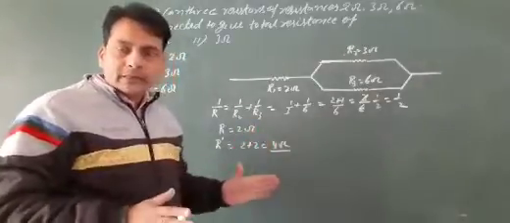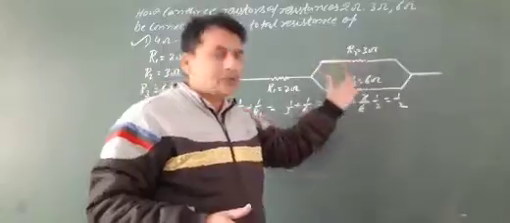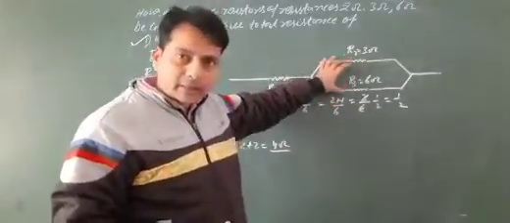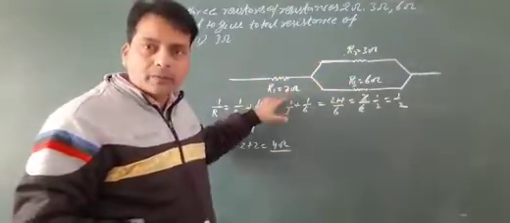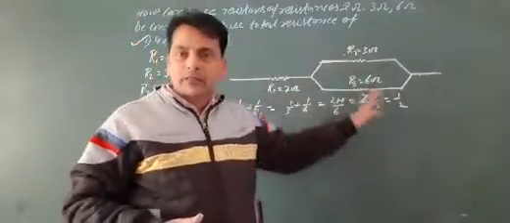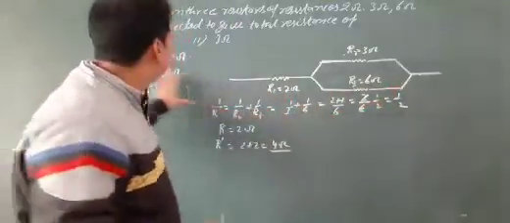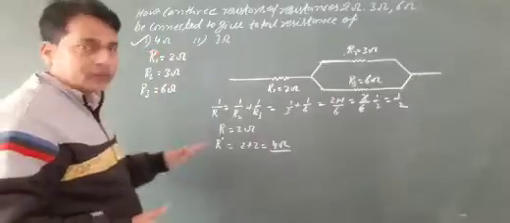So the equivalent resistance is 4 ohm. If the 3 and 6 ohm resistors, meaning R2 and R3, are connected in parallel, and the first resistance R1, that is 2 ohm, is connected in series with them, then the total or effective resistance in the circuit is 4 ohm.